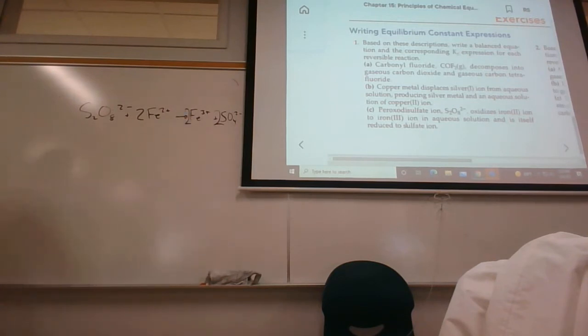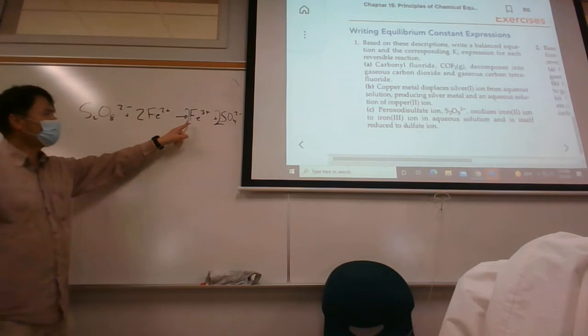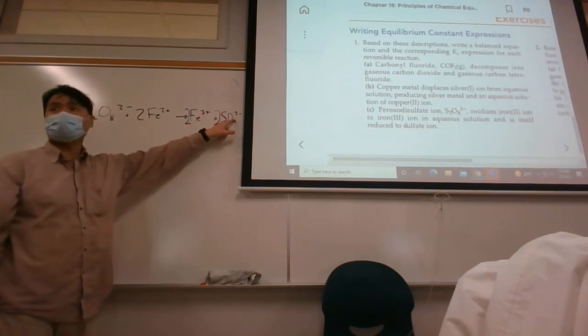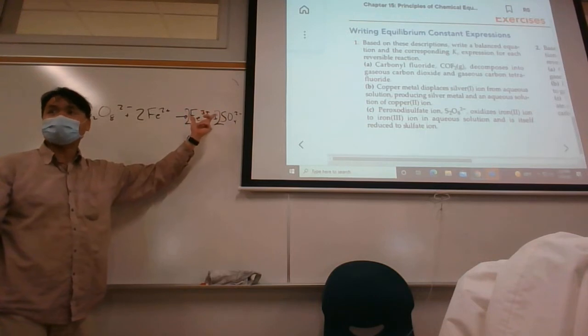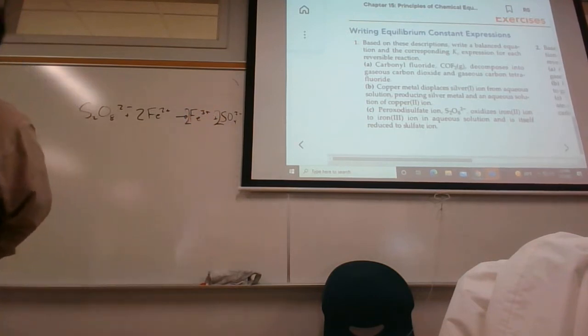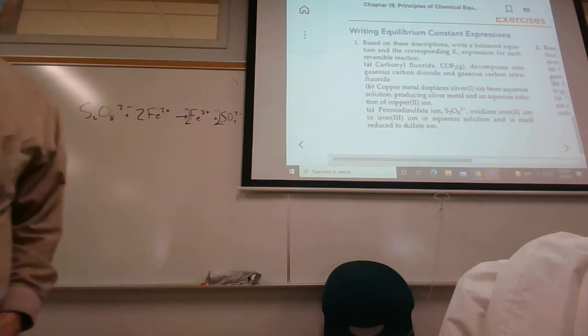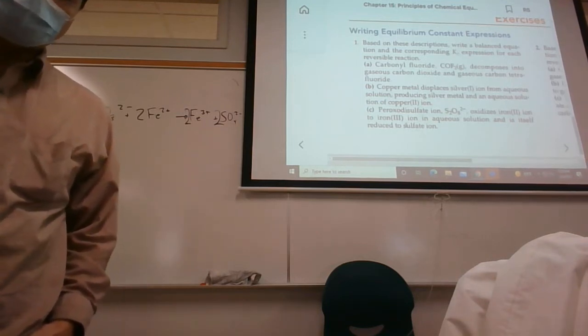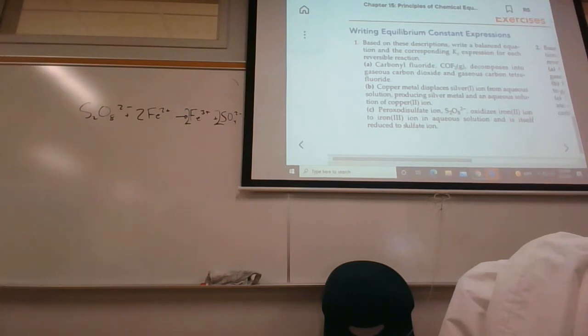If we did that, then the total charge on the left is -2 plus 4, which gives us +2. And then we have +6 minus 4, which gives us +2. So now the charges are balanced. We have to figure out some way to balance the charges. Normally, we do it based on the redox chart. This one's actually on our redox chart, and we can figure it out, or we could just figure it out based on